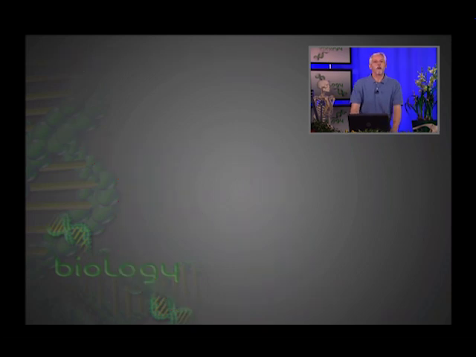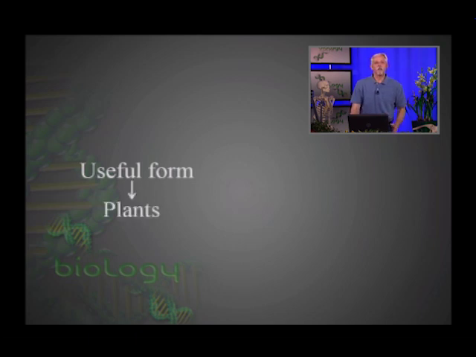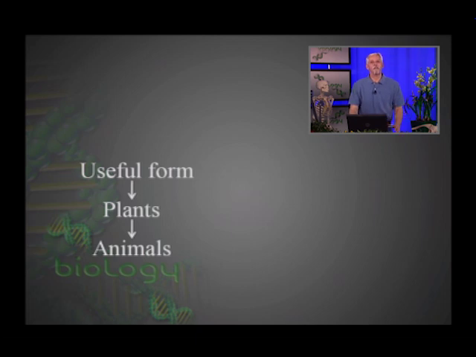So when we look at these biogeochemical cycles then, there are certain common features that we see to them. And one is that for a particular important element, for example, nitrogen or phosphorus in particular that we're going to talk about, but carbon, oxygen, and others as well, there'll be some form that's useful to living things. And this useful form then will be assimilated by plants or taken up by plants, and then through the food chain passed to animals. And so basically the producers will take it up and pass it to consumers. So it doesn't have to be plants necessarily, it can be other types of producers. And then both plants and animals